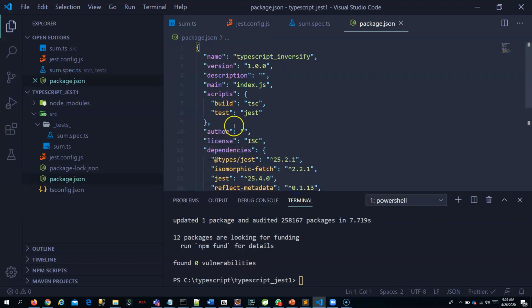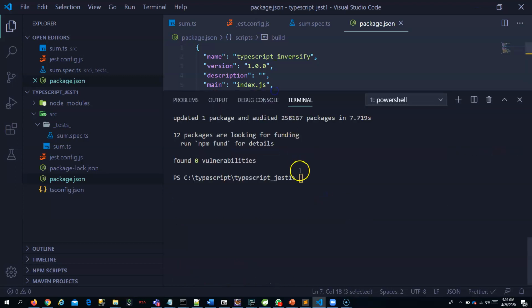It is already added for me. So you have to add test, and you also add build tsc. These two you just add, so that when I give npm run script test, it will run the jest, and run build will run tsc. So npm test.